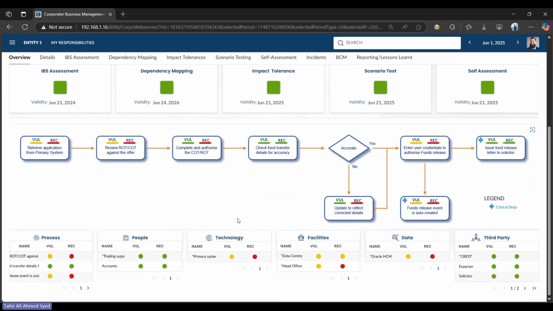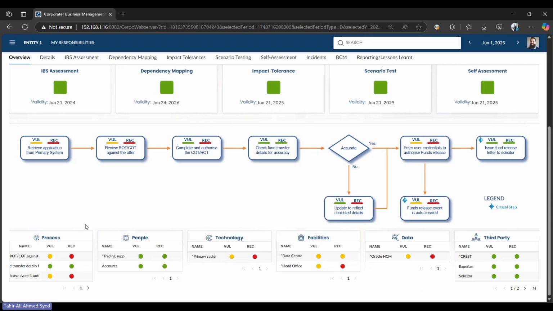As you can see, we also have a very flexible flowchart capability where you can break down the service into multiple processes and sub-processes, and you can not only break it down, but also calculate the vulnerability and recoverability posture of the individual sub-process as well. So this gives you granular, detailed information to understand where your service is most vulnerable or where your service is not recoverable from your recoverability controls perspective.